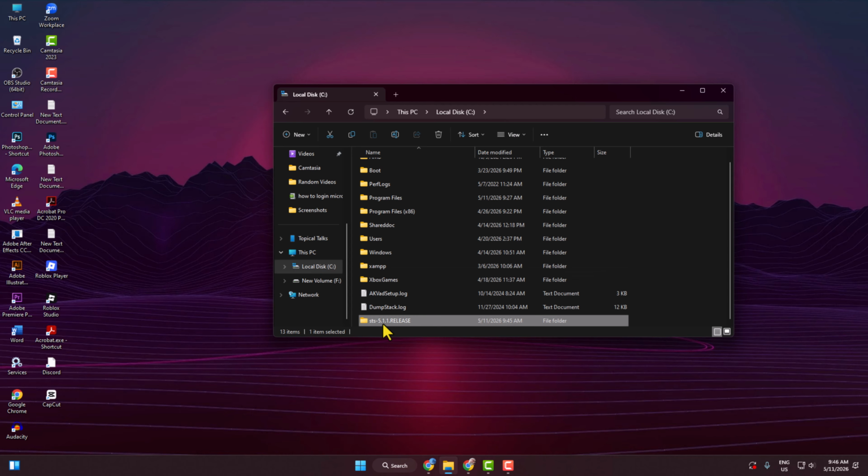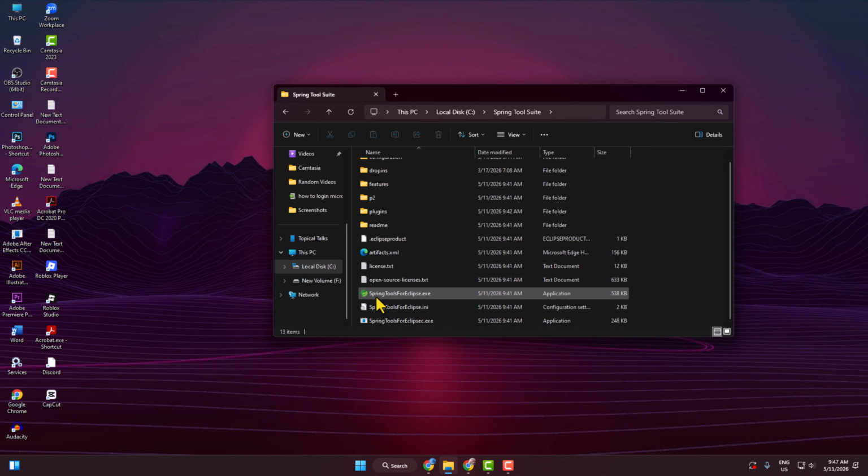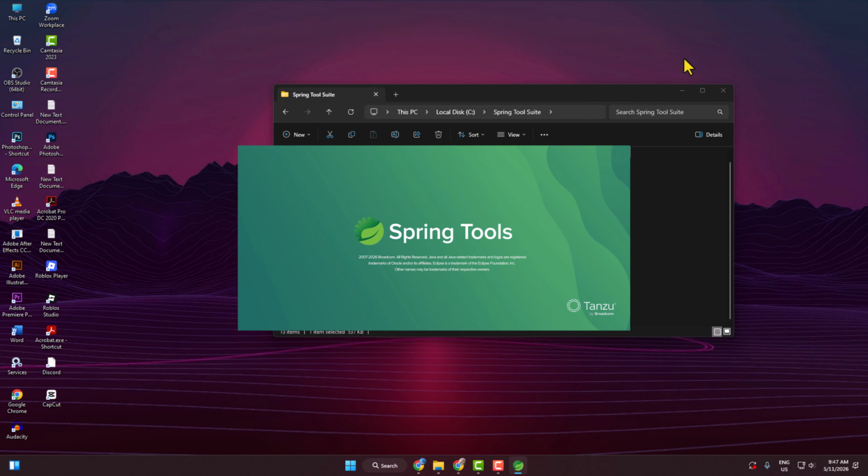Now we have to rename this folder Spring Tool Suite. Now open this Spring Tool Suite folder. In here you'll find the Spring Tool exe. Launch this exe file,